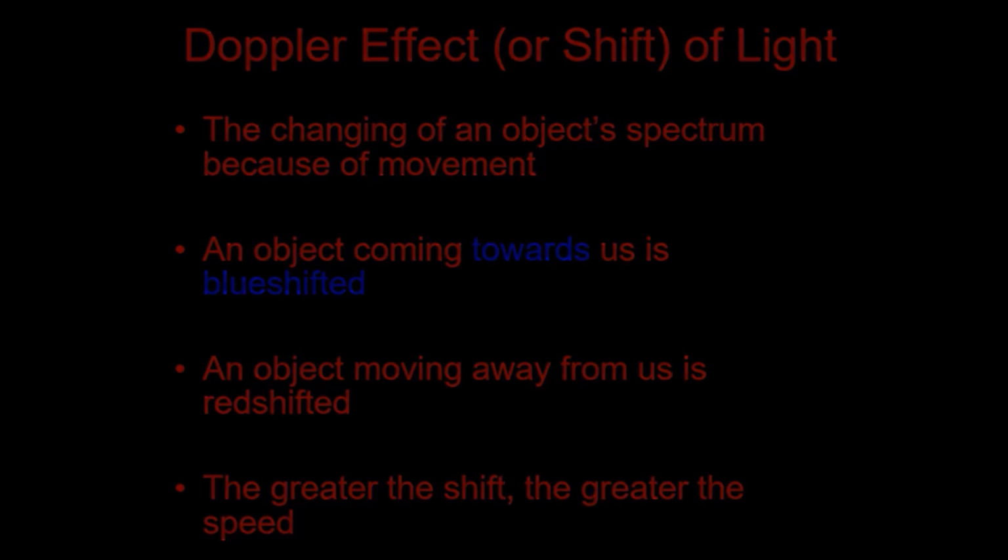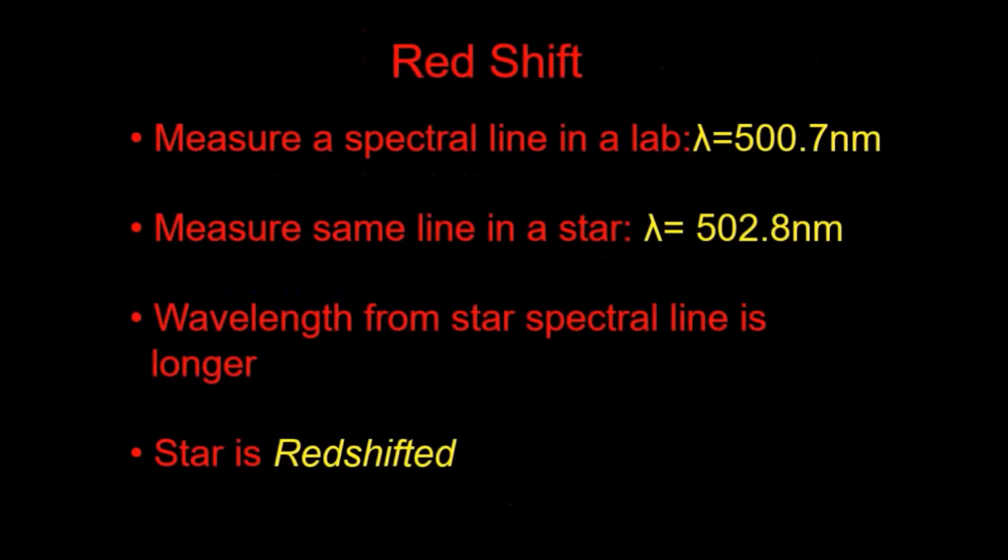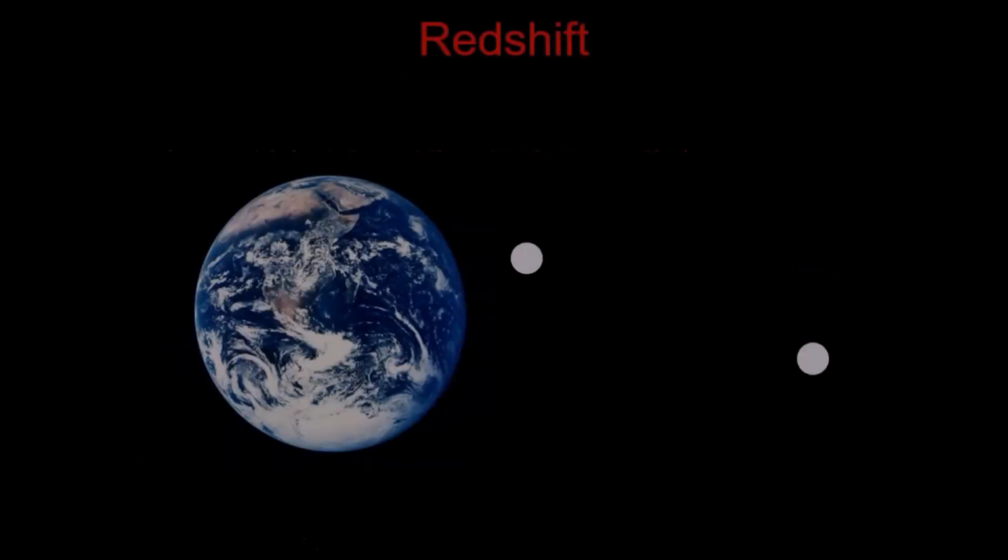And if we take spectra and we actually look at spectral lines in a star, we can say that, well, in a lab we end up with a wavelength through a particular line from a particular chemical constituent in the star of, say, 500.7 nanometers. If we measure that same line in a star, we end up with a lambda, a wavelength of 502.8 nanometers. The wavelength from that star's spectral line is longer than we would expect. That means the star is redshifted. So stars that move away from the Earth